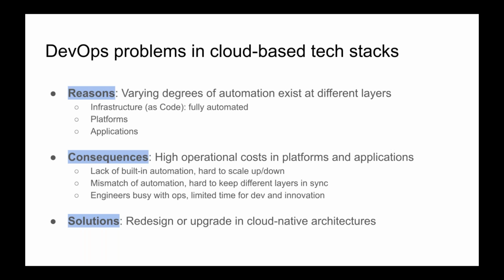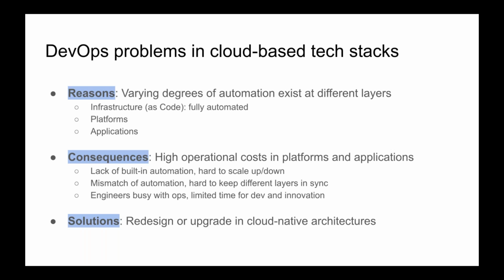They are just all the machines are provided for you. However, this is often not the case in the platforms and the applications. They are way much behind. I think one good reason is the infrastructure providers like AWS, they're making money out of that, so they have to automate everything. But platforms and applications tend to be developed by smaller teams. The incentive economically is much lower.